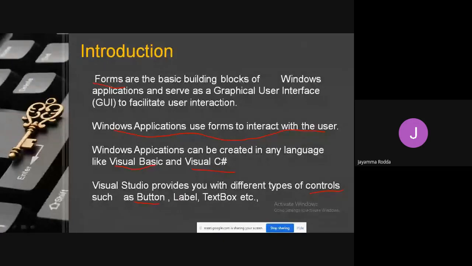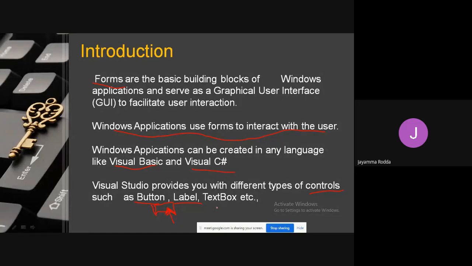There is a text box, generally a button control. Why do we use a button control? You have to click it, and whenever you click, a particular task has to take place. Label control, whenever you want to give titles, you will use a label control. Whereas text box controls can take input, and they will also display output. So we can say a text box is sometimes an input and output control. Likewise, each control has a specific meaning and specific importance.